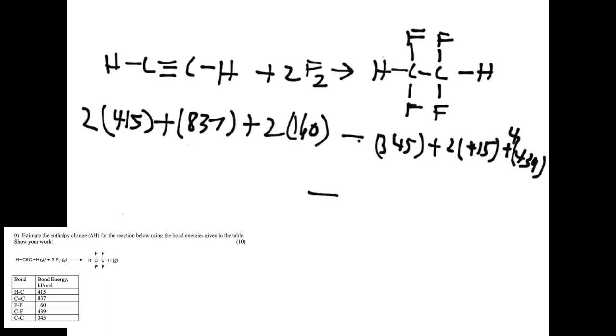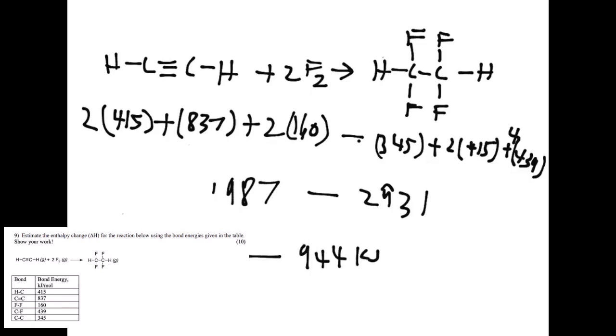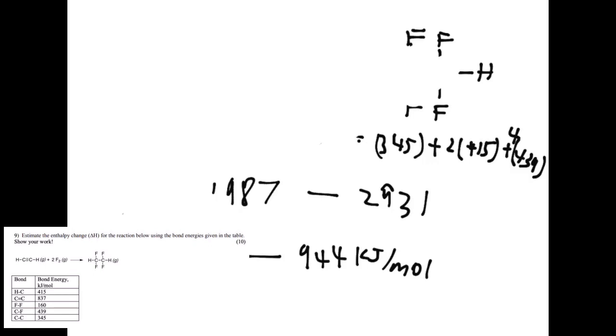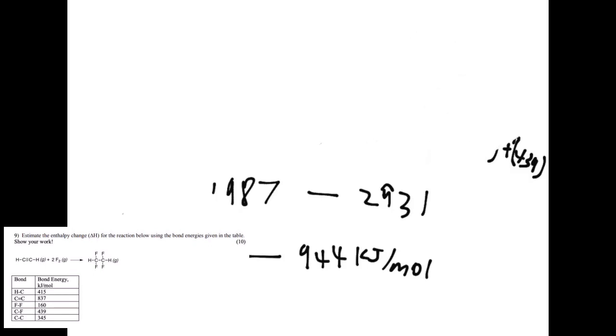And upon doing this math out in your calculator, you would obtain the answer of 1987 on the left and 2931 on the right. And if you notice, this is going to be a negative number. We end up getting negative 944 kilojoules per mole. Perfect. Okay, that's it for this problem. Again, this is the same type of problem that we have seen previously, and you use the same process to figure it out. Here, it's easier because they gave you the table